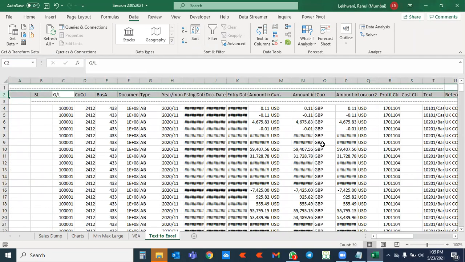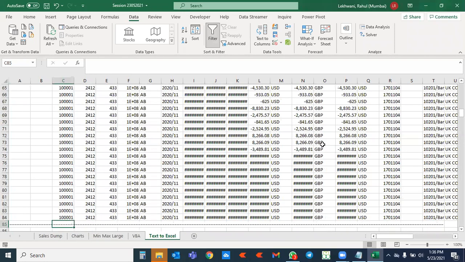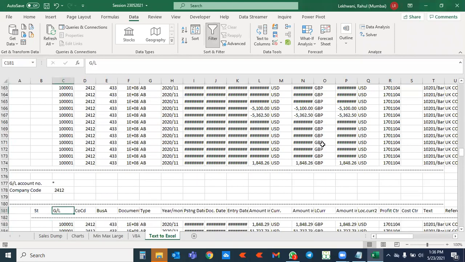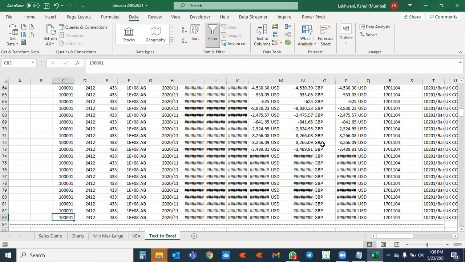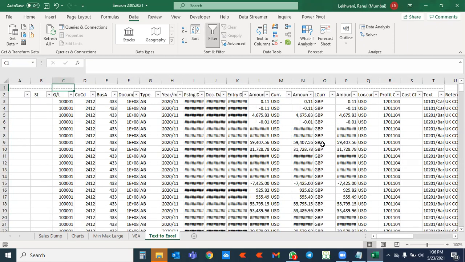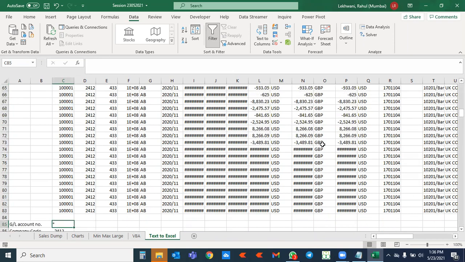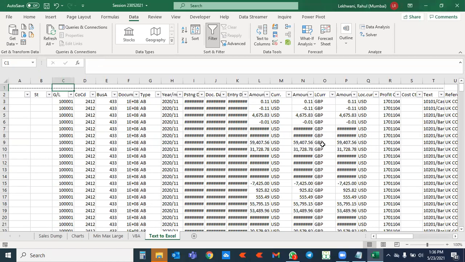But the problem is, if I try to do a filter, it is showing me only one cell. Why is it showing me one cell? Because there are so many delimiters, so many spaces in between. Imagine these spaces. If you go on deleting like this, select and delete, then select and delete, you cannot do it for 9 lakh items. It is not possible for a human being to do it. Otherwise you will leave your job and go home. So it is not possible to do for all the line items. Then we need to analyze the data, to see how the data is in order to filter it.